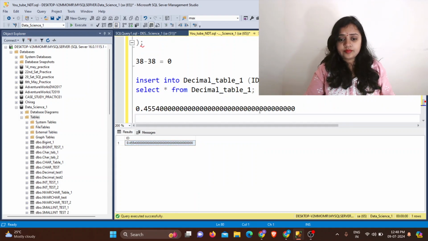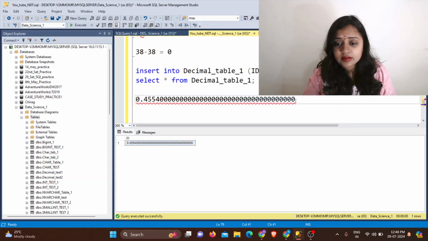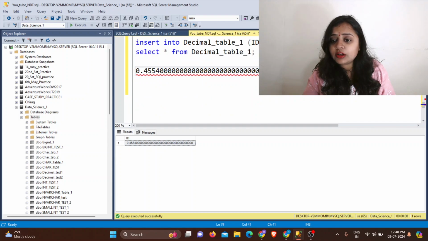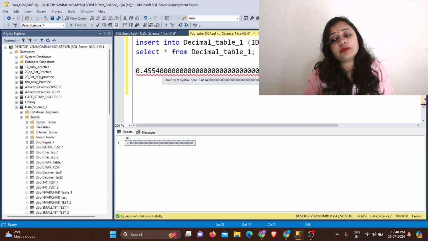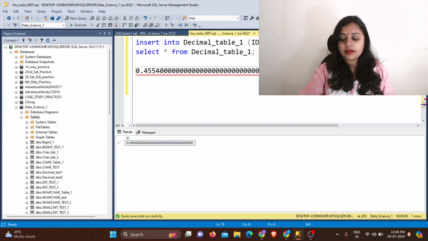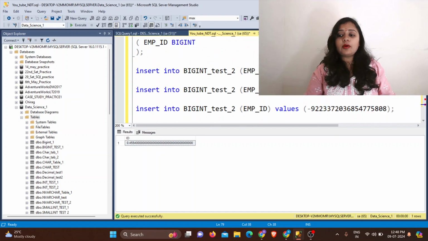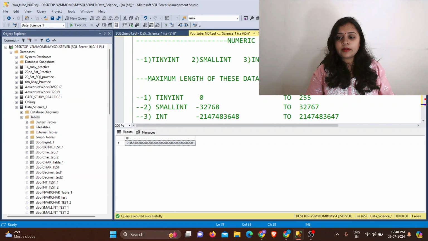This number is 0, 38 minus 38 is 0, as I have given the range. Now after the decimal point 38 numbers are allowed, and I have given only 4 numbers, 4554. So how many zeros are there? 38 minus 4, that many zeros, 34 zeros in total, and if you count this by 1 2 3, you will get 38. So this was all about the decimal numeric data type.